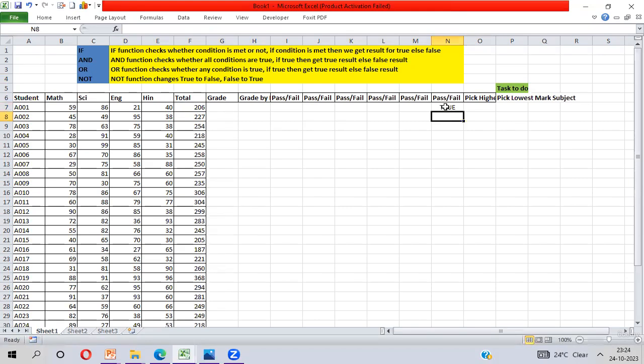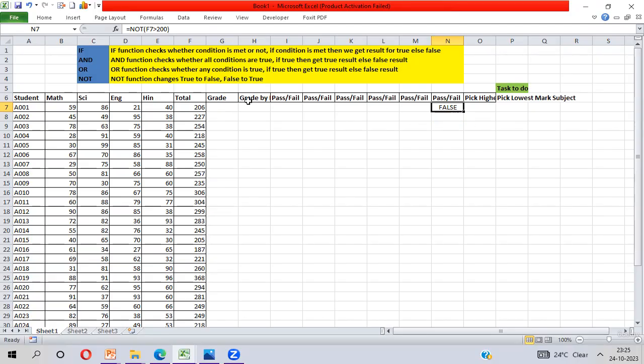But if you apply NOT, not F7 value is more than 200, then your output will be false. You can see the condition is changed. Your output is changed because of the NOT operator. The NOT operator changes your true result to false, and false result to true.